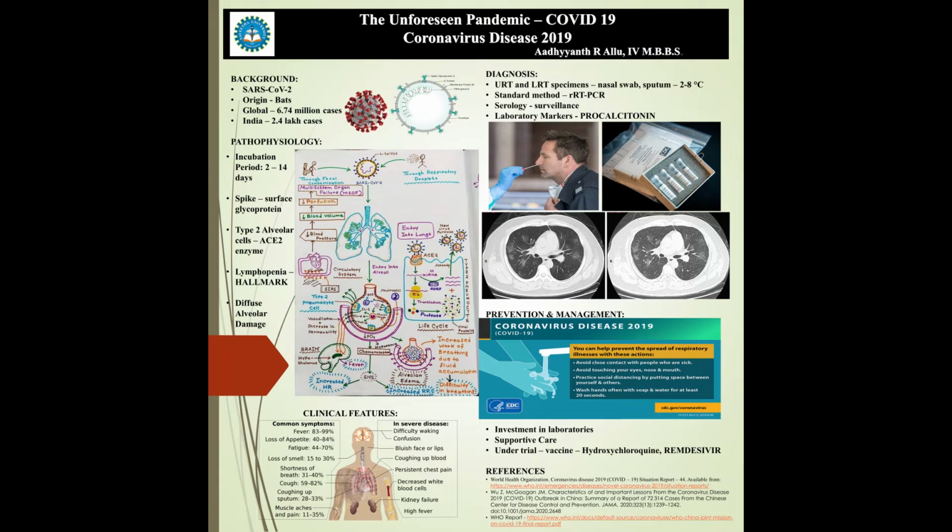Moving on to the prevention and management, the CDC recommends prevention by following measures such as washing hands with plenty of soap and water for at least 20 seconds, maintaining social distancing for at least 2 meters or 6 feet, staying at home to avoid crowded places, and avoiding touching the eyes, nose, or mouth. There should also be investment in lab measures and emergency plans. The mainstay of management is supportive care, that is IV fluids and oxygen therapy, and monitoring the vital organs. As of now, there is no vaccine or medical treatment recommended or accepted for treatment of the disease.